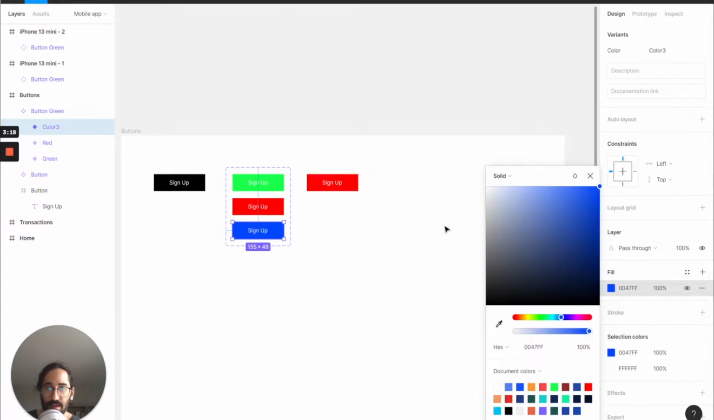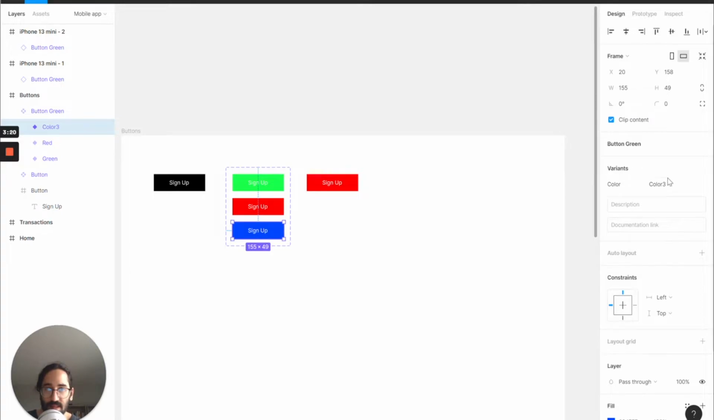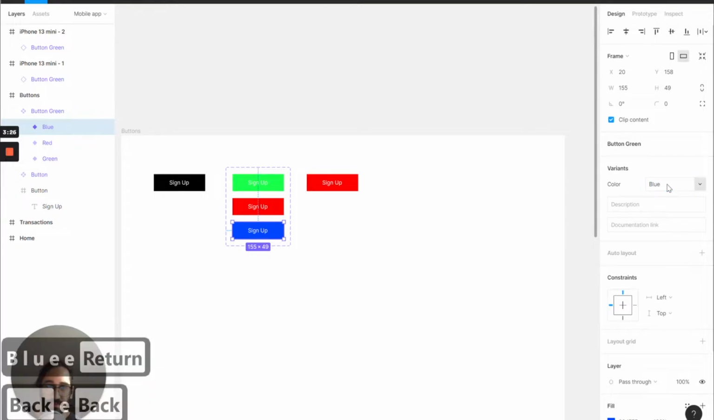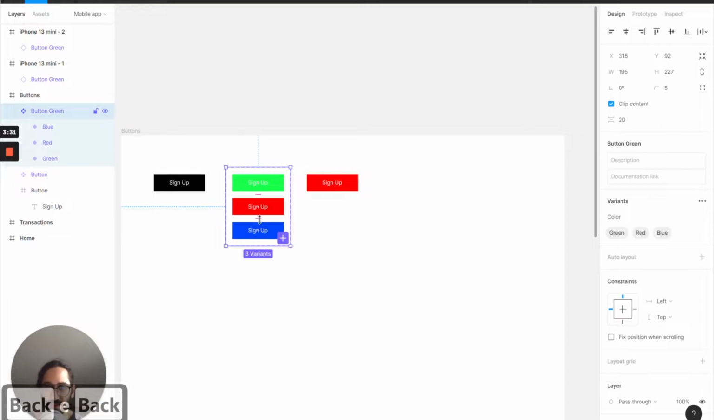Maybe this blue, yes. And this one's value is blue. So what is, no, with 1E. So what is the benefit of variant, you're asking? Let's say I am actually going to my assets again